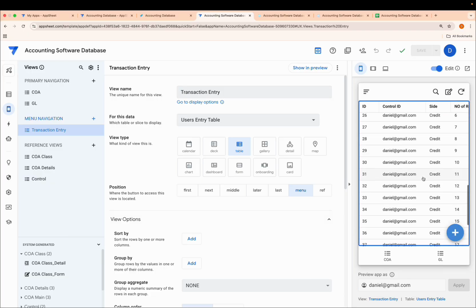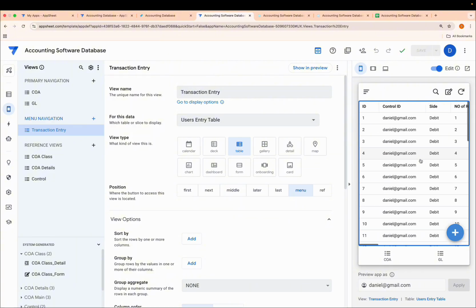Good. So you can only see the rules that are dedicated to this particular email. When I change it to Charles, you also see that for Charles. So what we're going to do is create the dashboard view, and then we'll work on how to make every user see their dedicated rules.